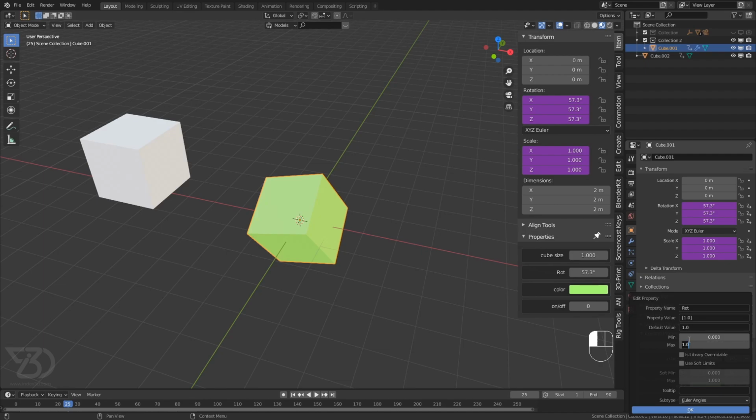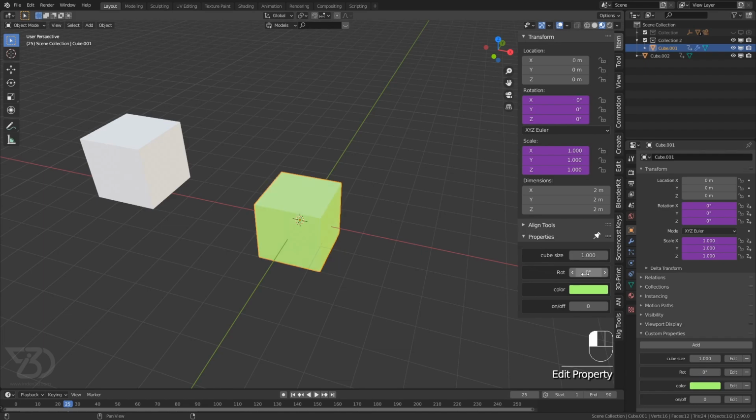So we will divide this 1 by the thing we copied, 57 point blah blah blah, and then if we press enter, now this value is equal to 1 degree. So 0.017 radians is equal to 1 degree.